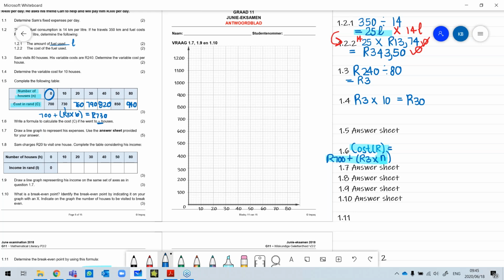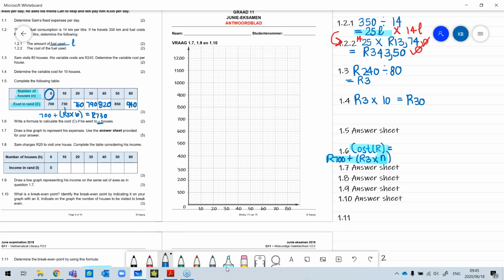We already did question 1.6, so we are moving on to question 1.7. Draw a line graph to represent his expenses. Use the answer sheet provided for your answer. So here to our right, I did include the answer sheet. So let's